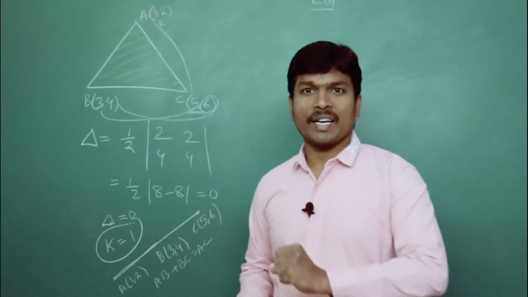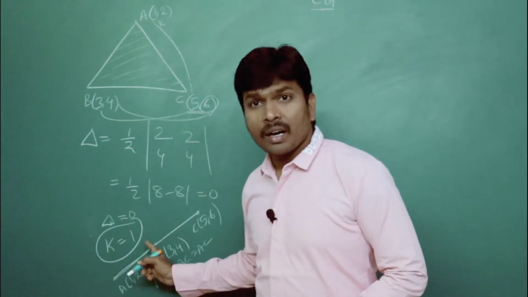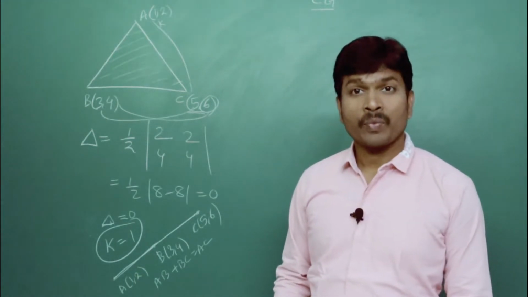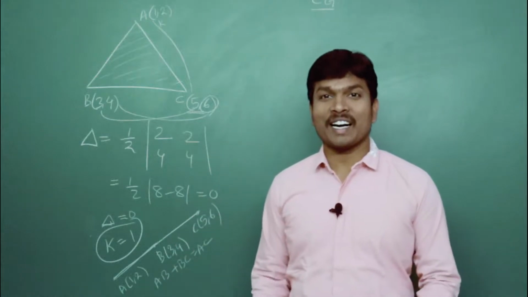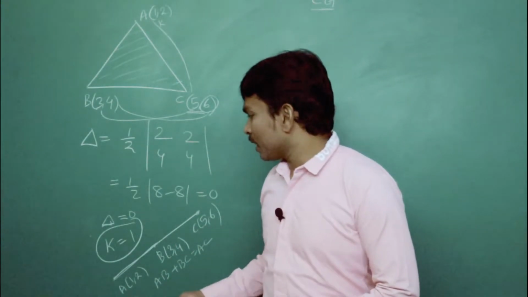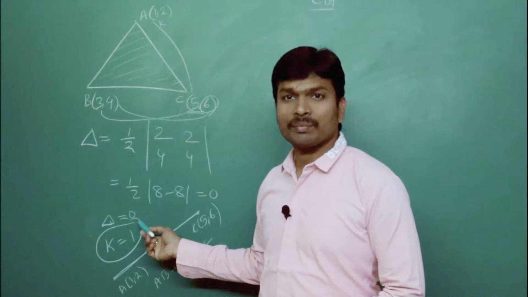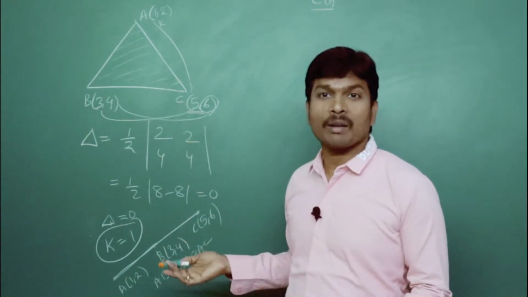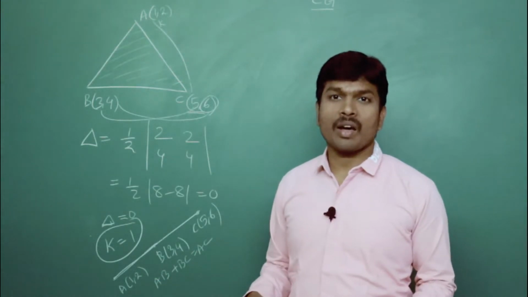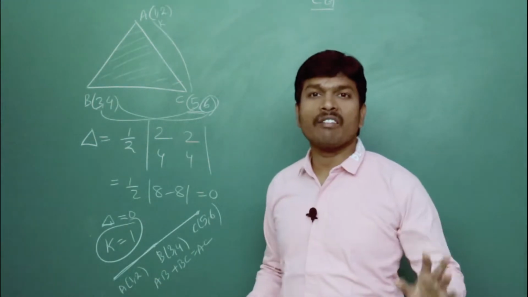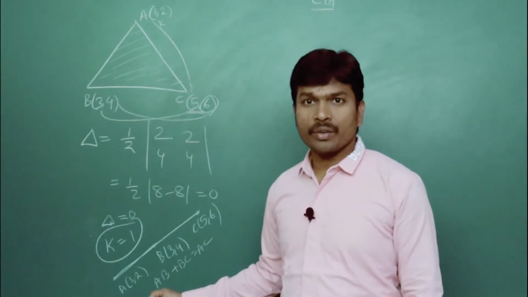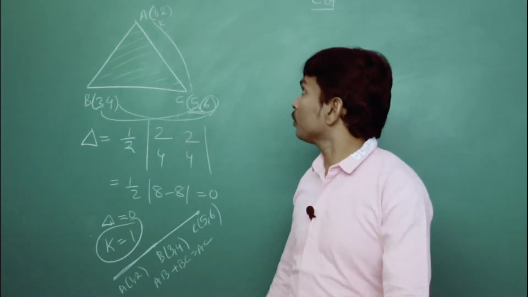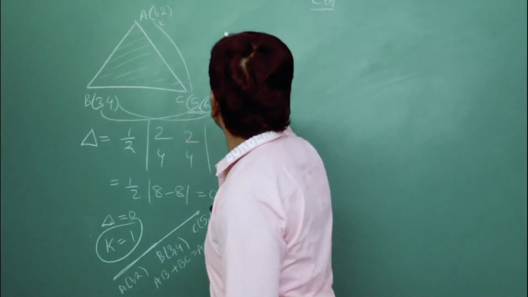One question I am asking you, get ready to say, my dear students. Is the K value only 1 or will we get 2 or more values? Only one value we will get. What is the reason, can you say? Because here on the RHS you have 0. If you open the modulus, then on this side you will get plus or minus 0. 0 is neither positive nor negative. That's why we get a single value only. Just find the K value; definitely you will get only one value. That value is 1. Good.